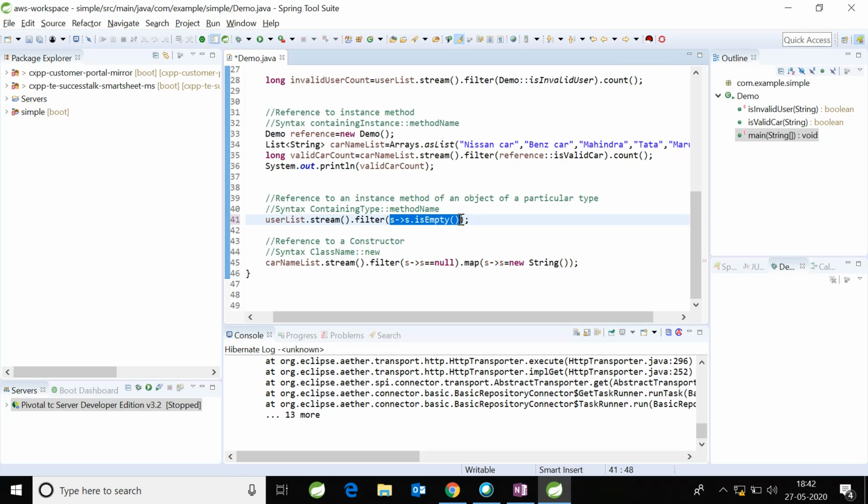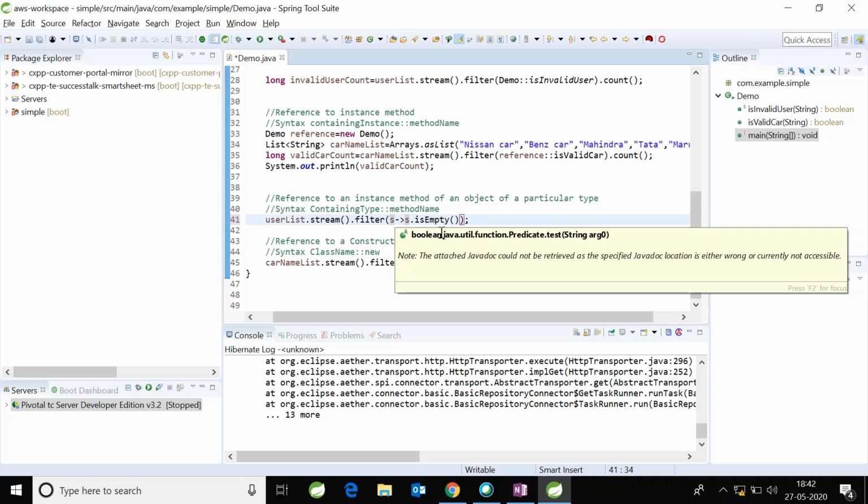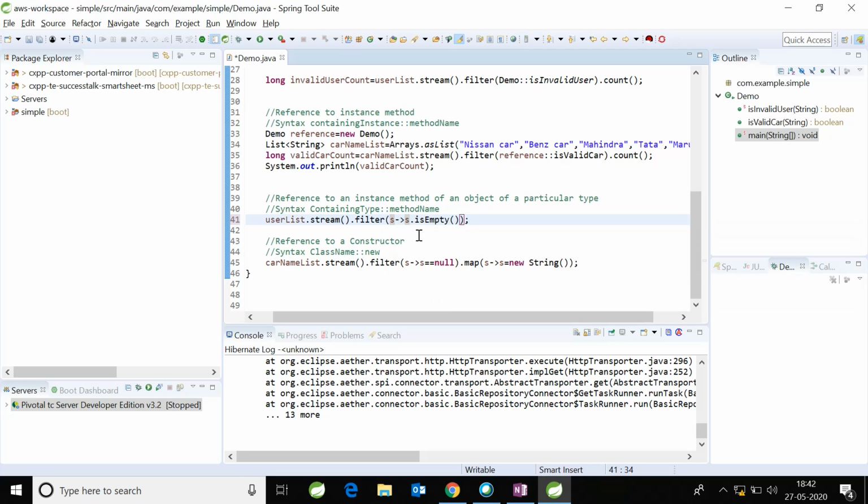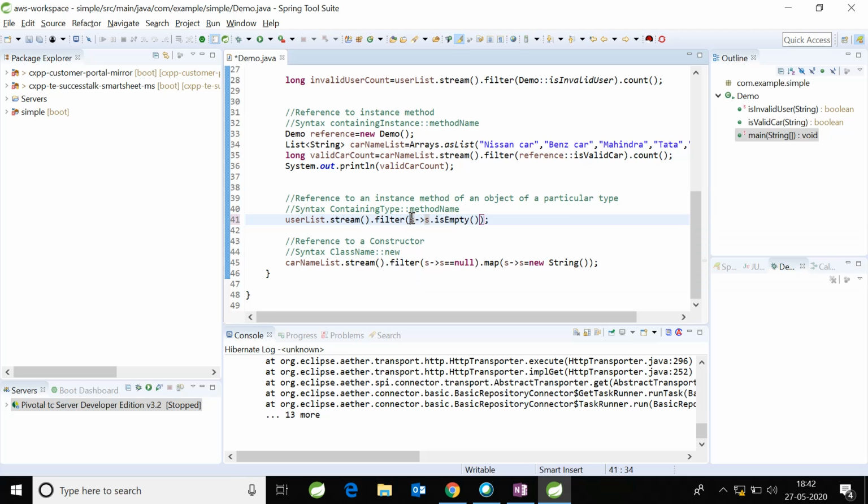So this is a lambda expression. This lambda has a string parameter that is being passed here. If you look here, this is a string type, and the method is an instance method, not a static method.